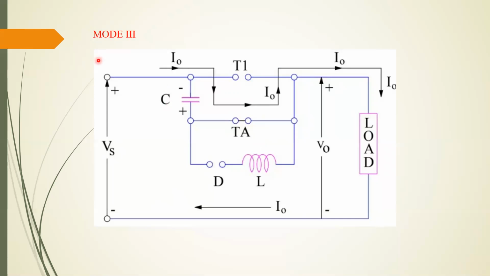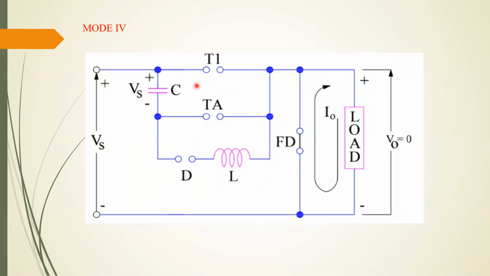In this mode of operation, where the auxiliary thyristor is on, the capacitor starts charging. Once it has been charged, it doesn't allow the current to flow through it. Hence the polarities will be changed. Now plus becomes minus, minus becomes plus. That means it has been fully charged to positive Vs. Then the voltage across Vc is Vs, not minus Vs, but positive Vs. The polarities of the capacitor will reverse bias the thyristor TA. Hence there is a commutation of the TA.